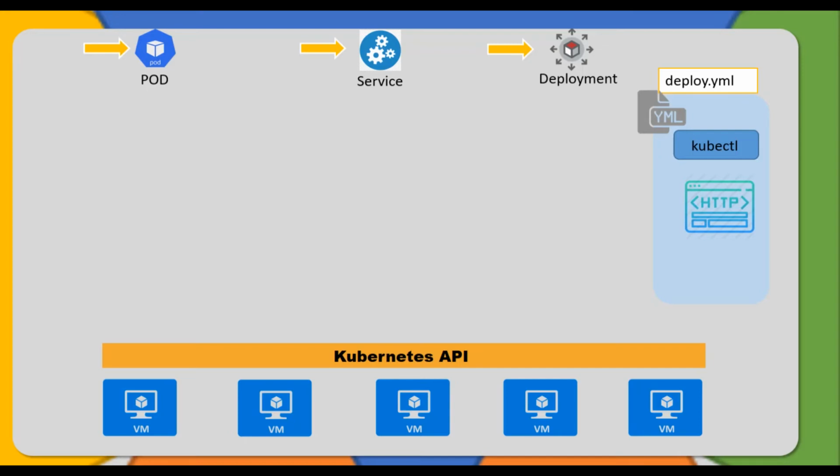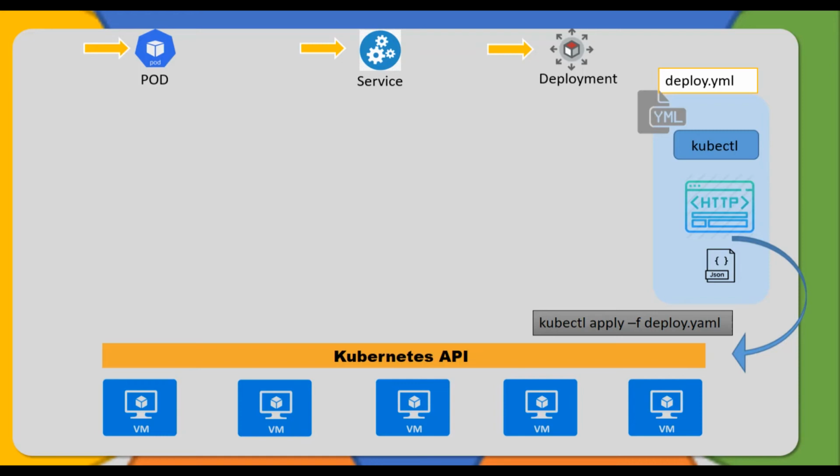But the API understands the JSON format and we are providing YAML, so it will be parsed to JSON and provided to the Kubernetes API. For example, if you create a YAML file, set replicas to 3 pods, and type the command kubectl apply with the -f switch, providing the file deploy.yaml,